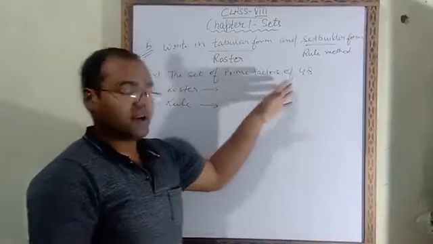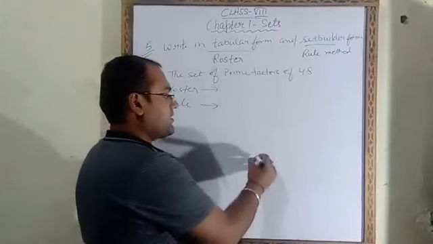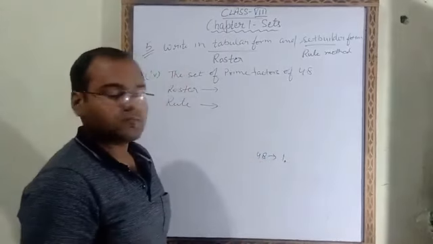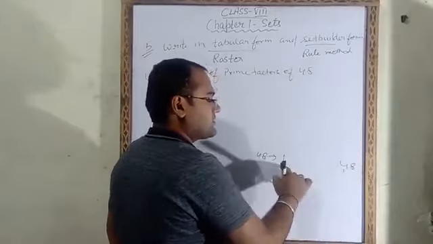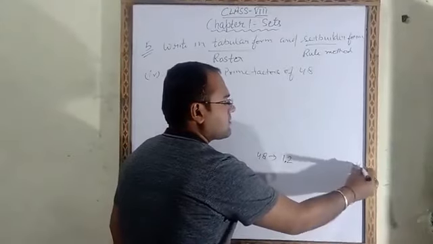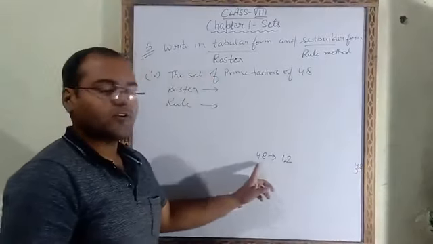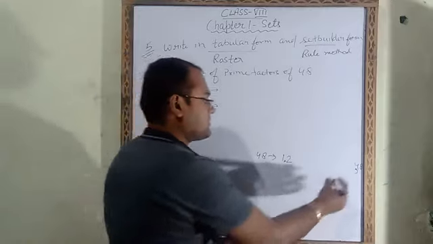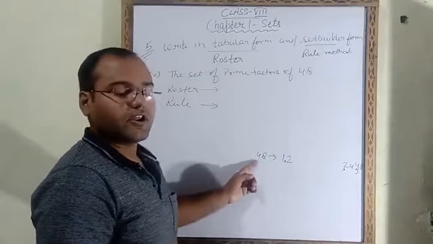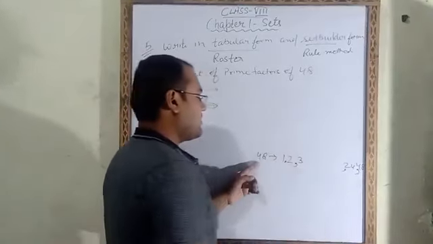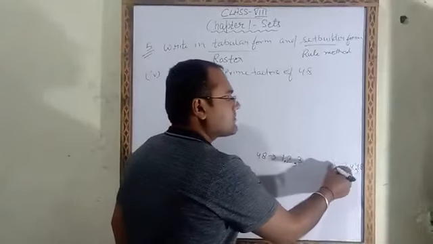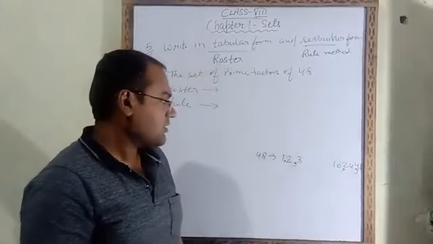First of all we will find the factors of 48. 48 is coming in the table of 1. 1 48 ja 48. That means 1 and 48 both are factors of 48. In the table of 2 also it is coming. 2 24 ja 48. So 24 is also a factor. In the table of 3, 48 will come. 3 16 ja 48. That means 3 is also a factor and 16 is also a factor.